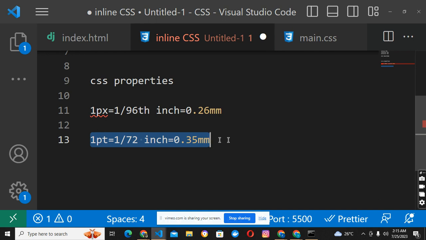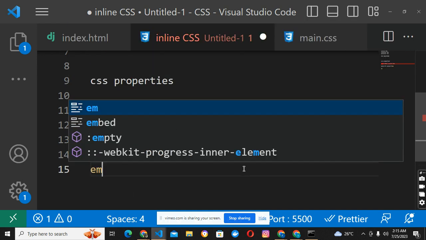So when you select 12 fonts, the normal 12 fonts, when you're trying to select fonts in MS Word, you are invariably selecting 12 pt. You understand? Which will be the same as the size of text on your website. You understand? So another way of representing font size is